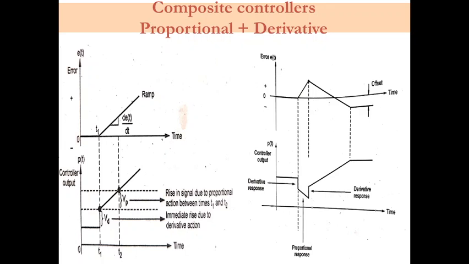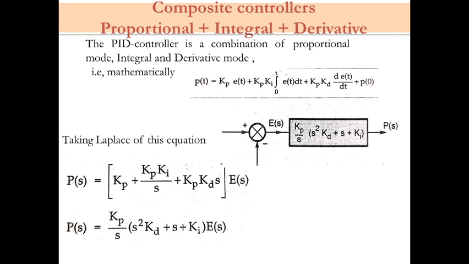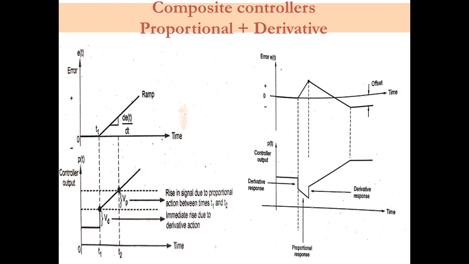So this is one of the disadvantages of this type of controller. Now if we go through some of the characteristics of the PD controller, basically this kind of controller improves the damping and reduces the overshoot, and it reduces the rise time and makes the response fast, and it makes the response stable very fast, and it also improves the bandwidth of the system, but it cannot eliminate offset error.